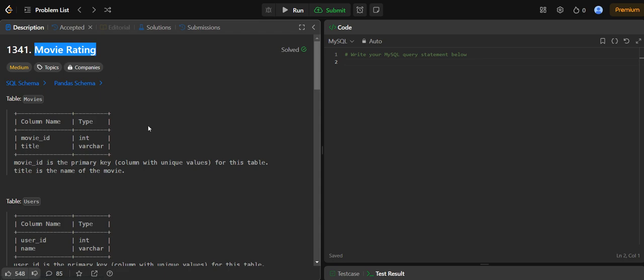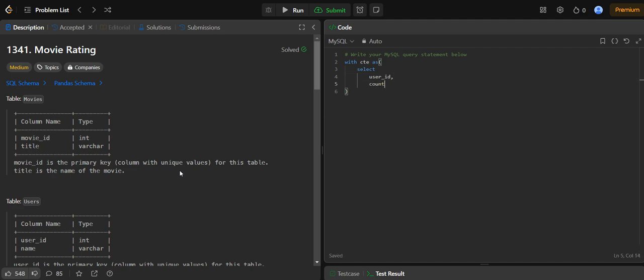After you have solved, and if you found any difficulty solving, then come back here. I will be solving with you. Now I'm going to solve using a CTE. So first I will write with CTE as I will select the user ID